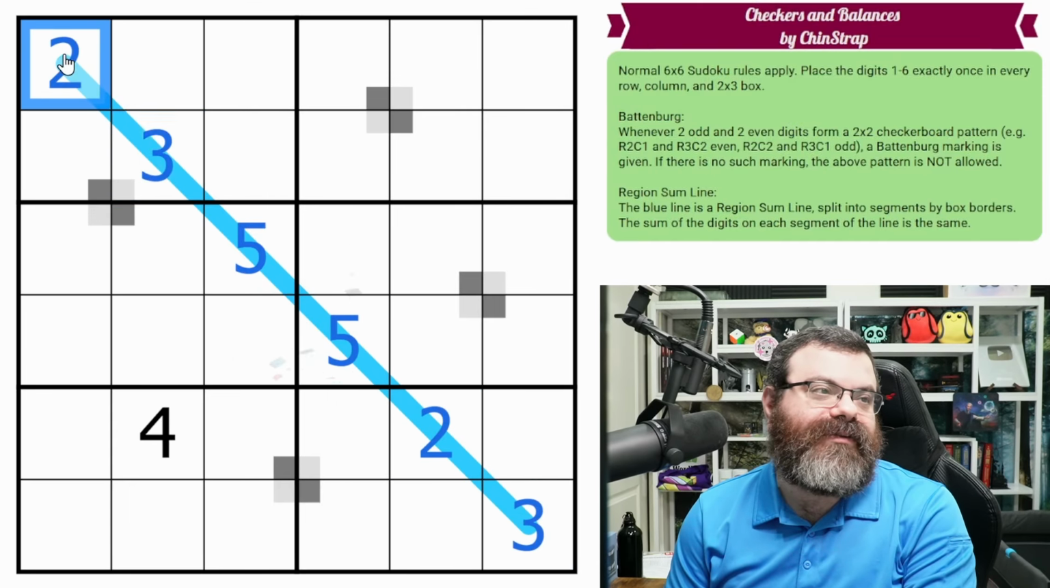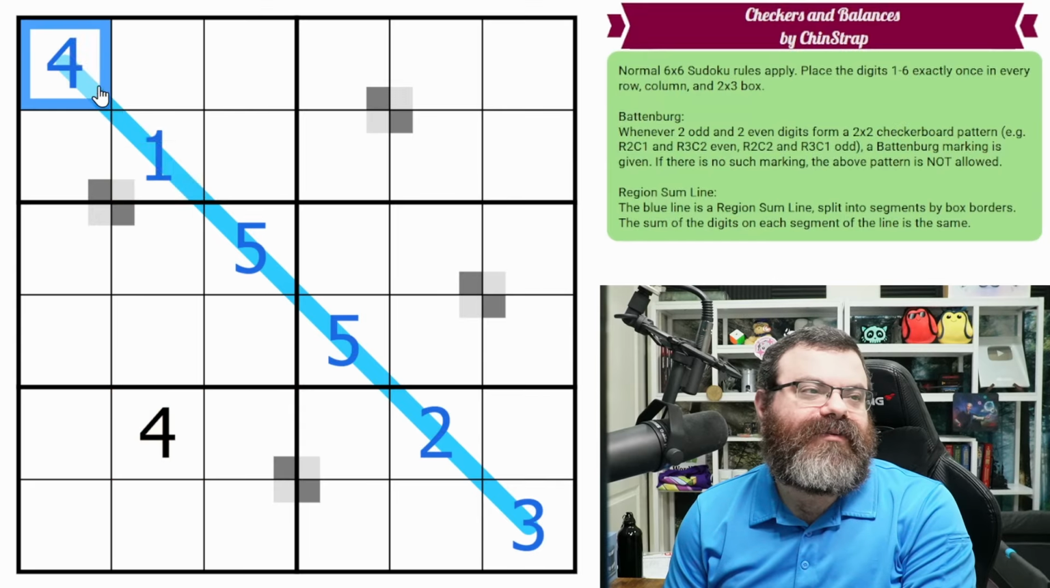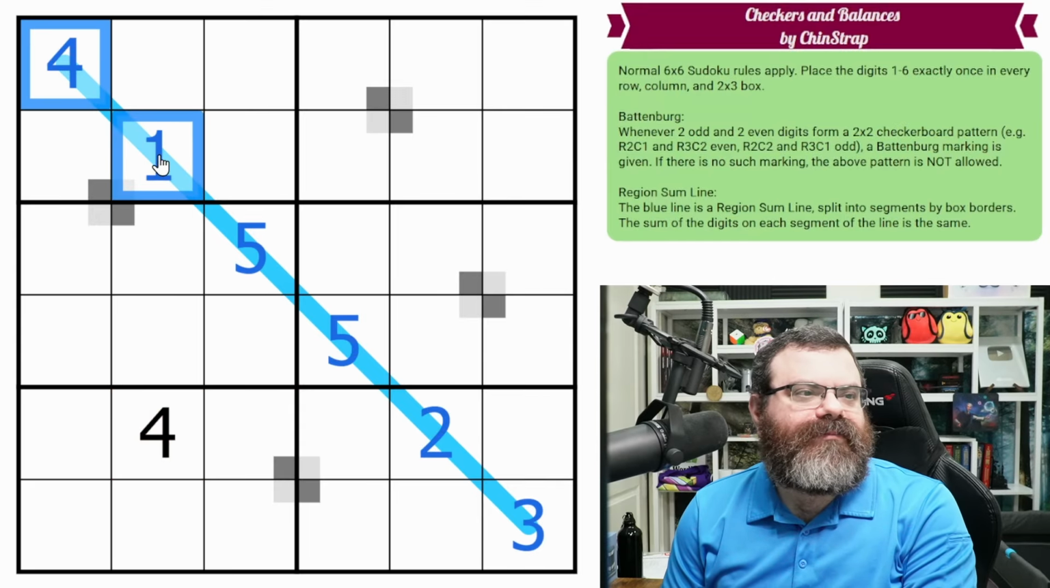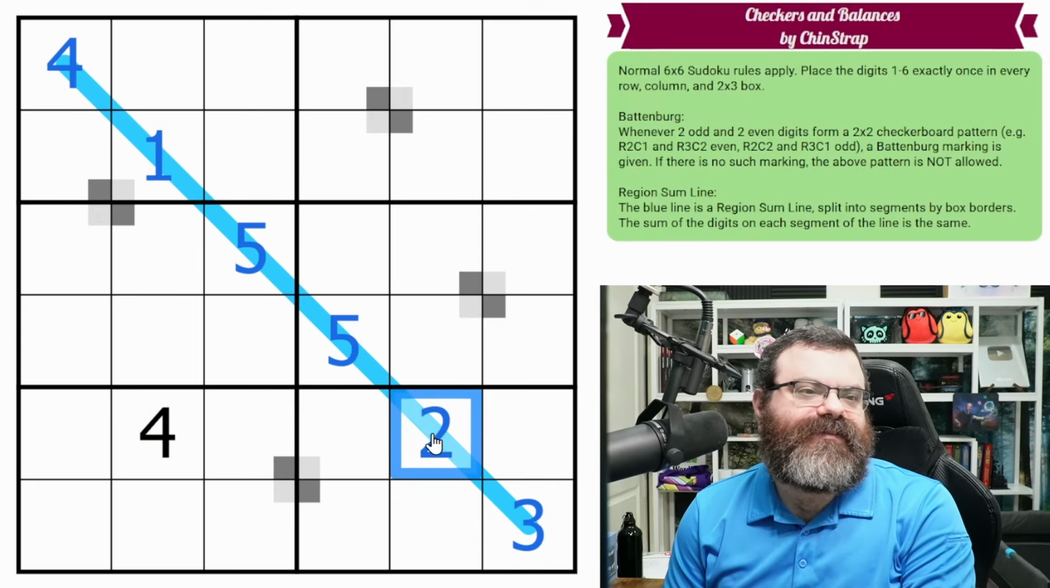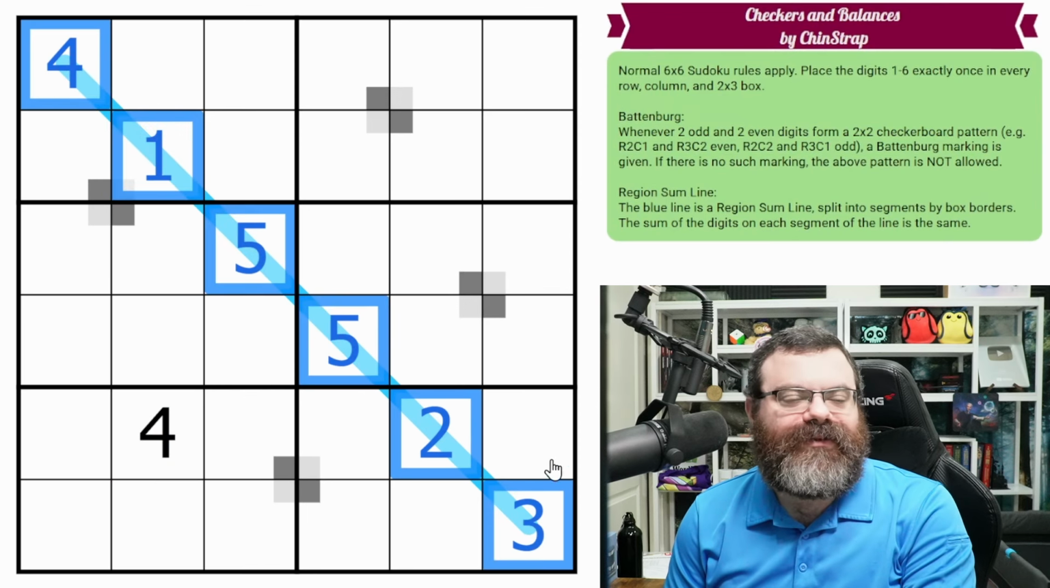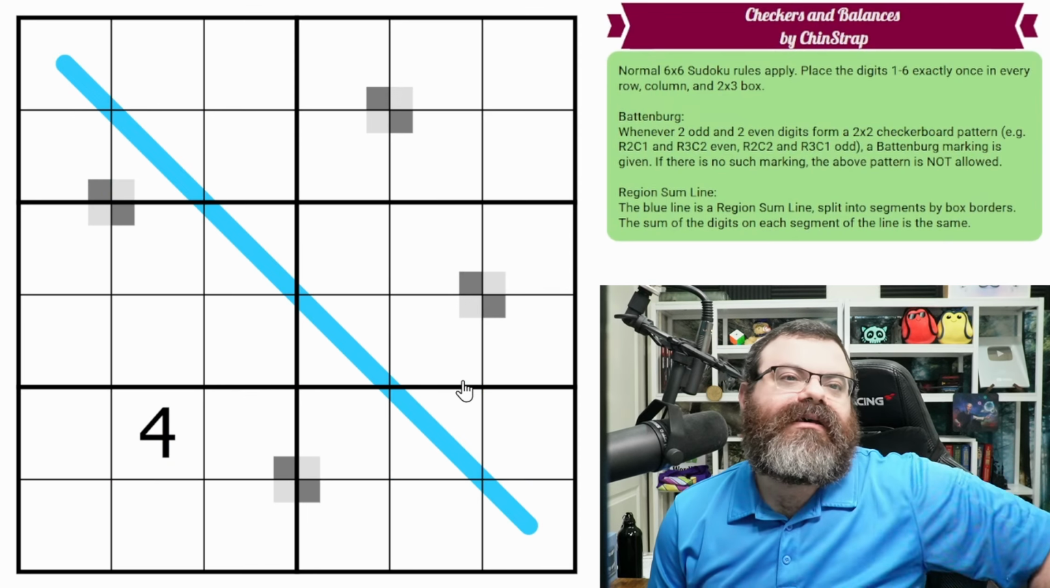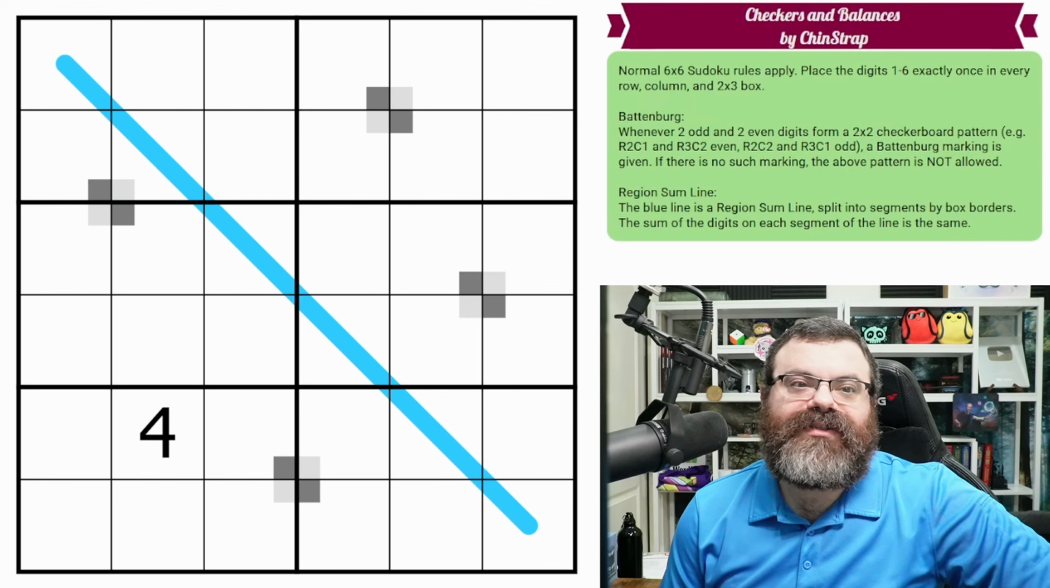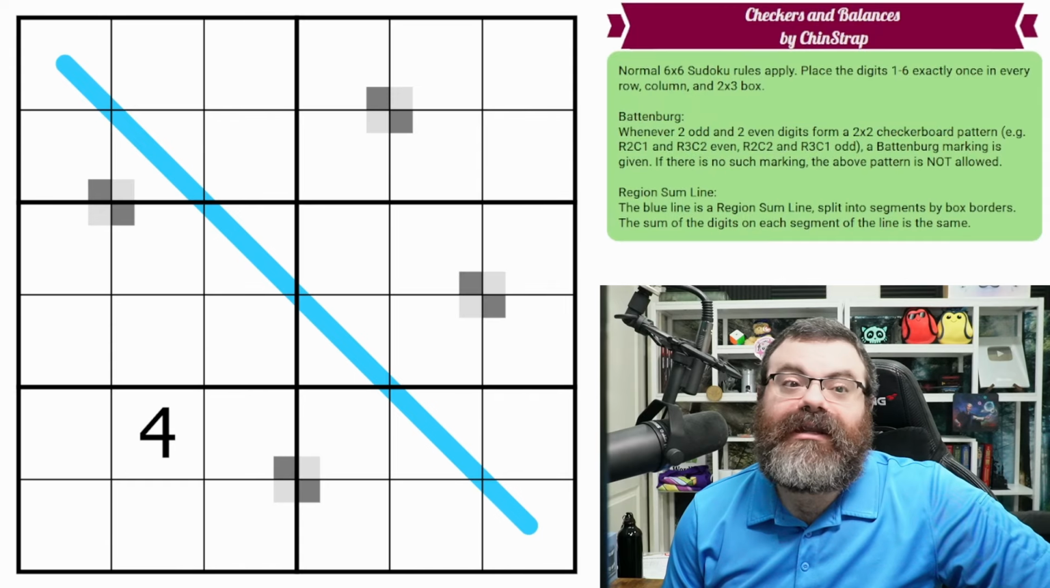This could also be 2, 3, by the way, but just showing. That can't be 1, 4 because of the 4 there, but that sums to 5, that sums to 5, that sums to 5, and that sums to 5. So that would be one way to fulfill this region sum line. And that's it. Those are the rules. There's a link in the description if you'd like to try the puzzle yourself, and I'm going to get started